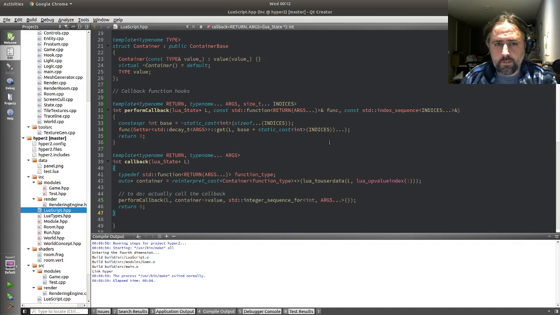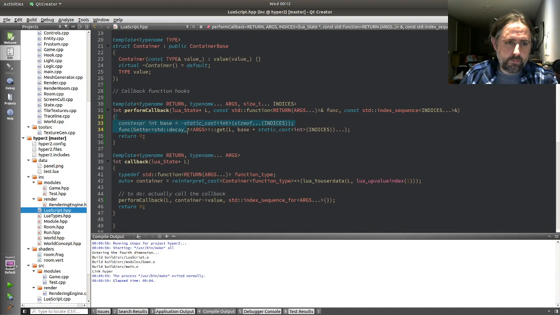Okay. There's no integer sequence 4. It's just going to be an index. So I'm making an index sequence for these args. Comes in there, and then I throw it away. Yeah, I can live with that. They've got 2 static casts. That's nasty. Well, it doesn't need to be